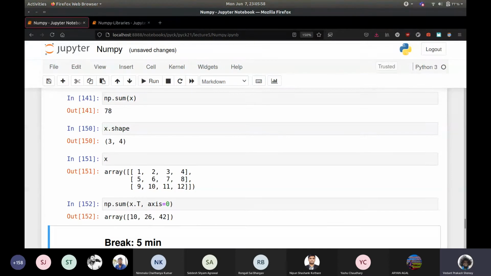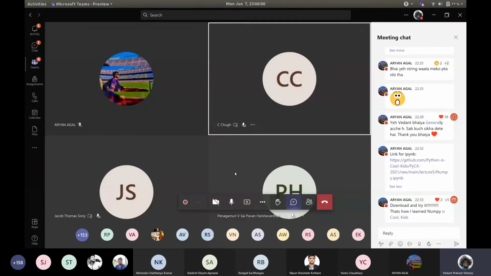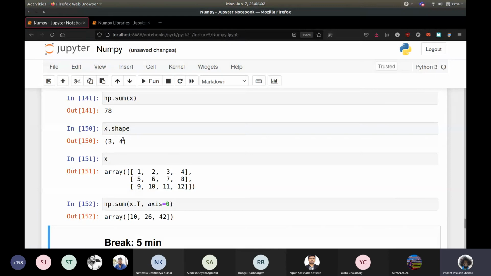There are a few examples in the safe quiz as well. Try to reason it out. I've given you one way of doing it: if you do anything over some axis, then just imagine that axis disappearing, and the final result will have the shape of the remaining axis. So that's one way of thinking about it.